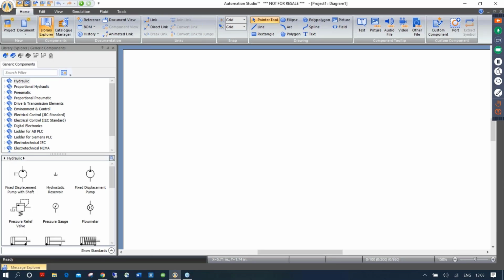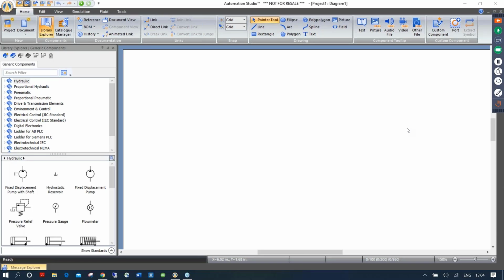Like I said, we're going to go today through a hydraulic circuit. We're going to control this circuit using electrical control. Then we're going to do a little pneumatic circuit control with PLC. And afterwards, we'll be creating a resistive circuit and a motor control circuit. Keep in mind, this is a basic introduction to Automation Studio. So we're going to keep our schematic pretty simple, showing you at the same time some tips and tricks